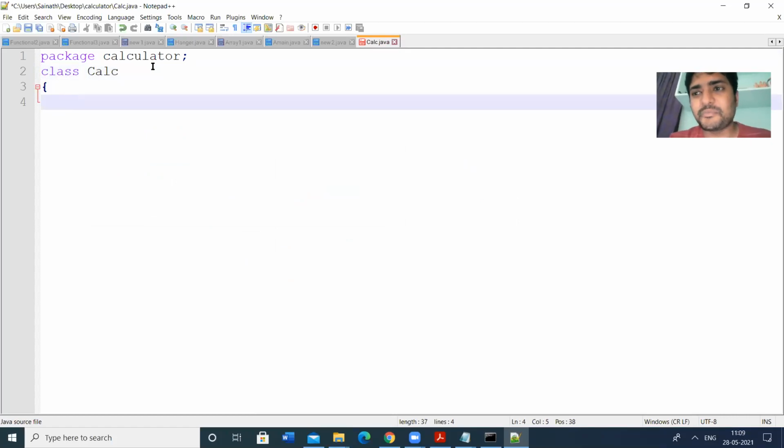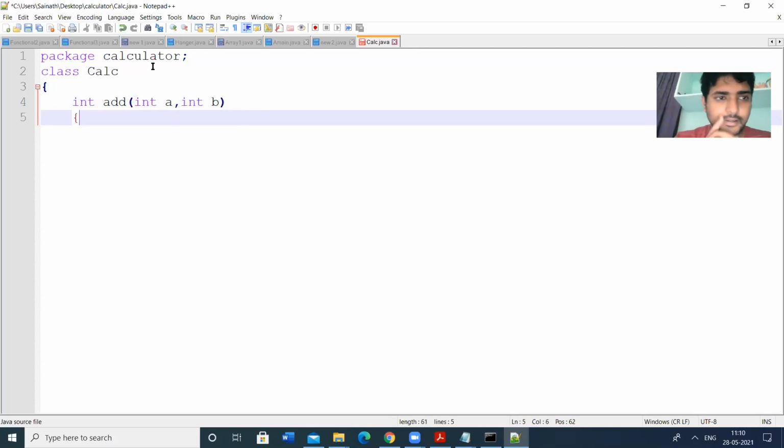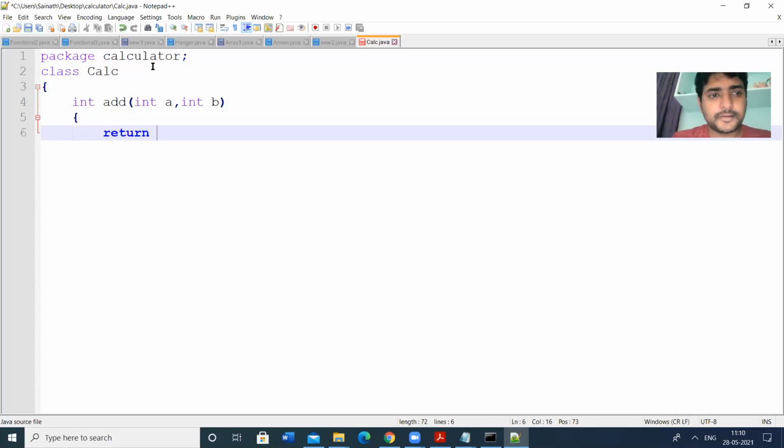Here I am creating some methods, like add. For addition we need two variables, int a, b. If you want, you can return an int value.